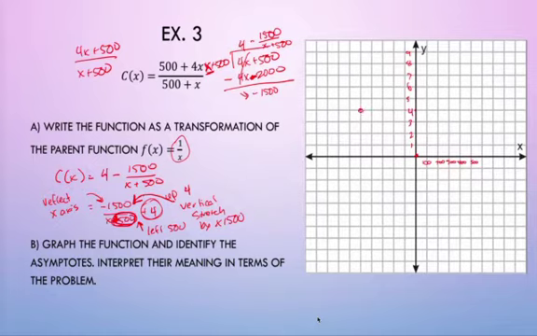And that is where our asymptote is, so our vertical asymptote that would be the line x equals 0 is now x equals negative 500. And the horizontal asymptote that would be y equals 0 is now y equals 4. And we are going to reflect it over the x-axis, so it's going to look like this and flatten out. And then it would also be this way,